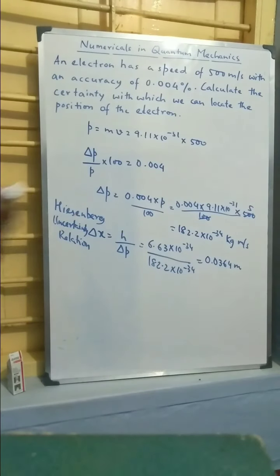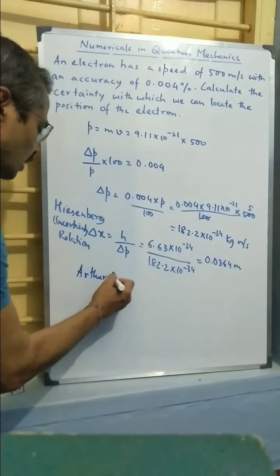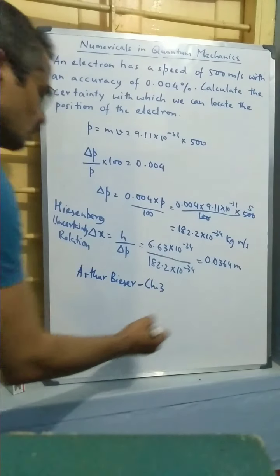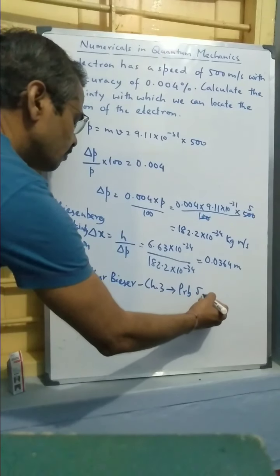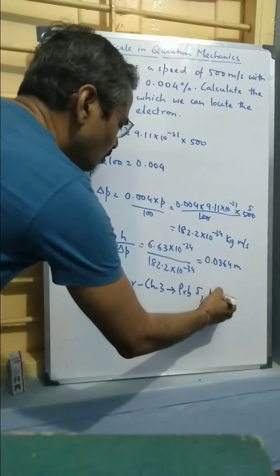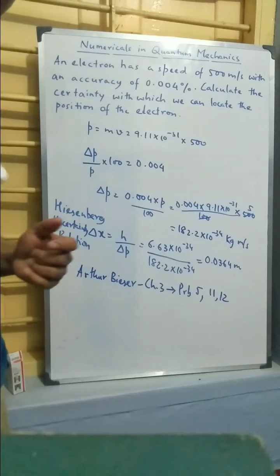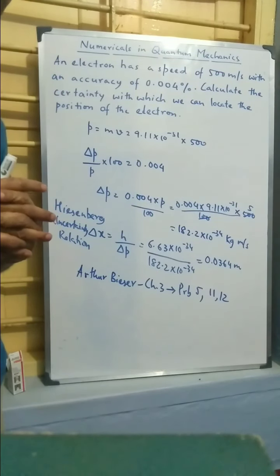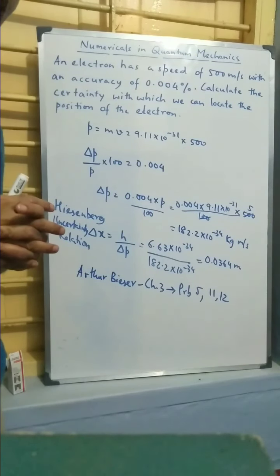I would like you to go through chapter 3, problem 5, and then problems 11 and 12. These are the three problems which were recently given to me by one of my students, and I found that you need to have a better understanding of